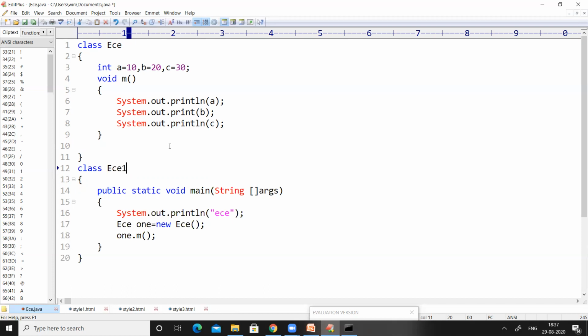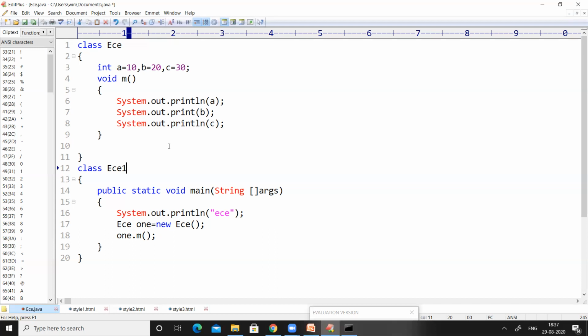Now we will get some confusion about how to save this particular program. Previously, there was only one class, ECE, so we could save the program as ECE.java. Now in this code, we have two classes, ECE and ECE1.